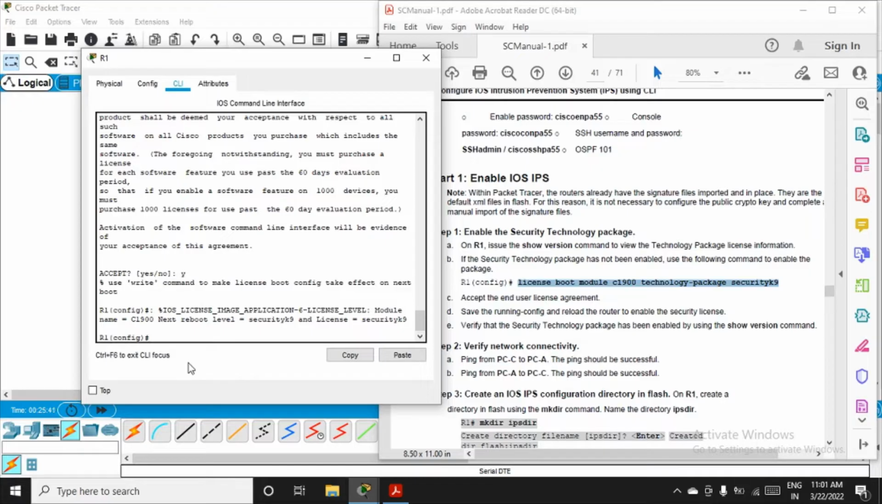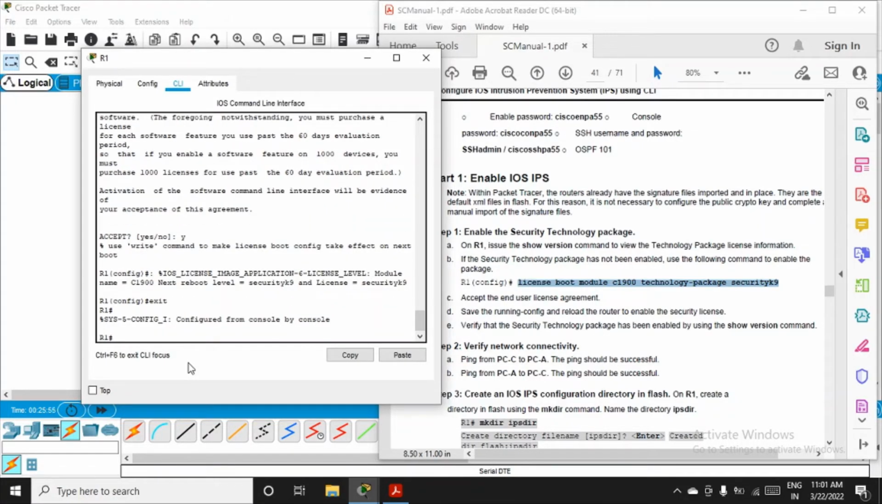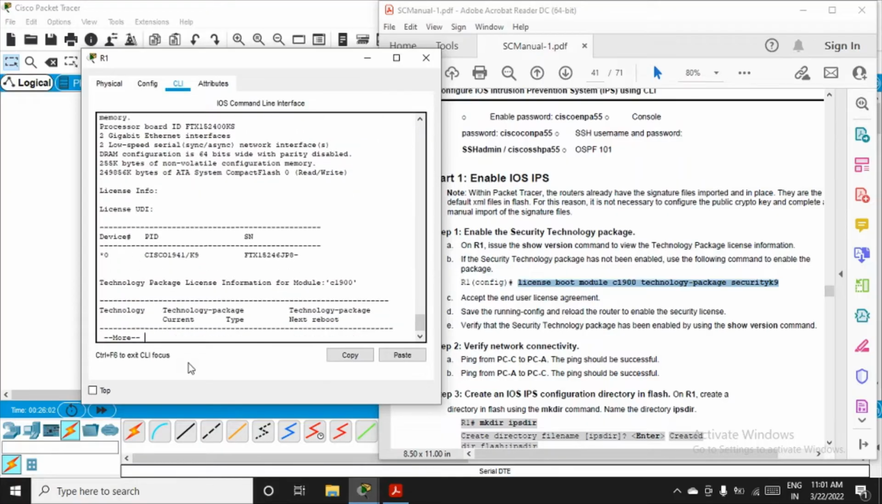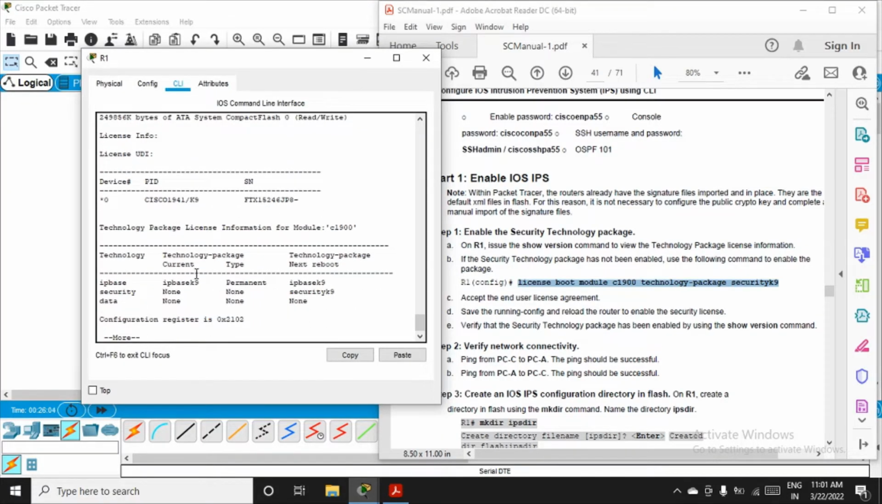But still you don't have to proceed here. There are 2 more commands you have to fire, otherwise you will get an error with this practical. Basically we have to reload this router. I'll show you why. If I exit from here and again fire the command show version, keep on clicking enter till the last table appears, you will still see that the security current type is none, type is again none. You can see that the package is available, but none is mentioned here. So for that what you have to do,